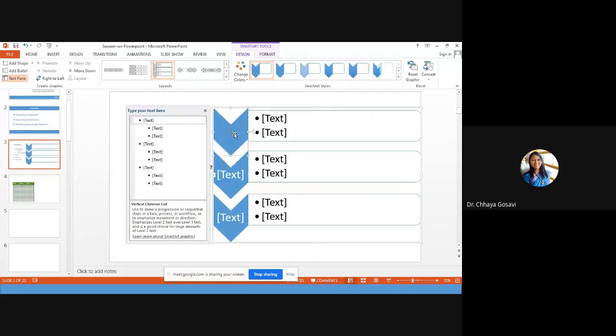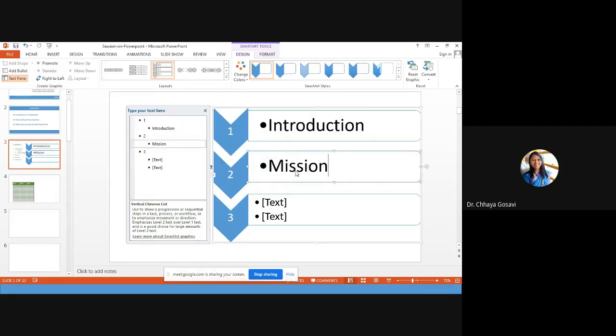So here I can write text, say 1, 2, 3, and whatever text that I want to add. If I have only one point, then I can delete it.